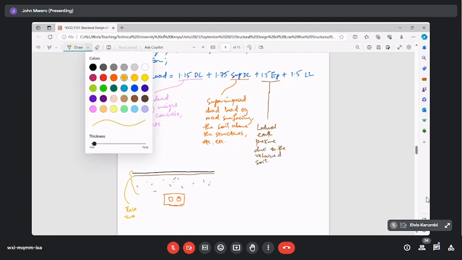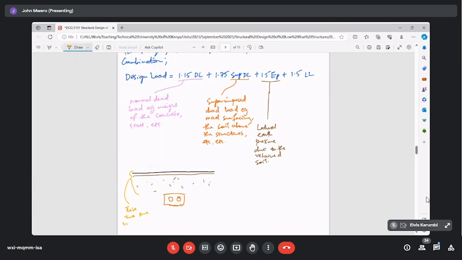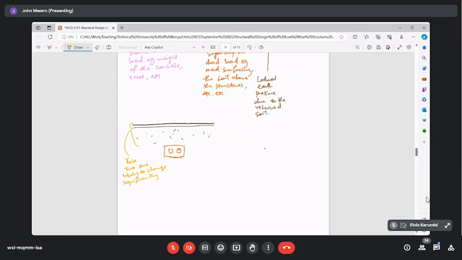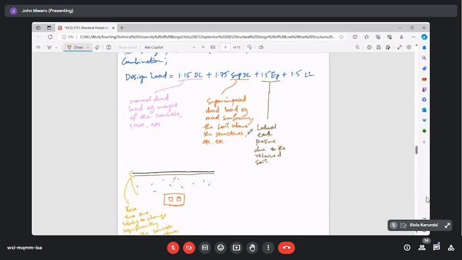I didn't finish what I was writing, and these two are likely to change significantly during the service life of the structure. So EP is the lateral earth pressure due to the retained